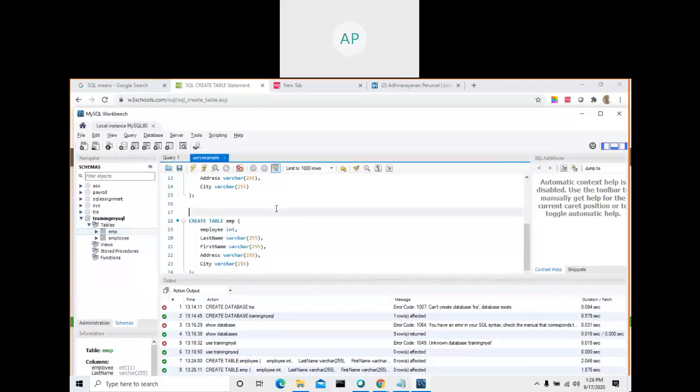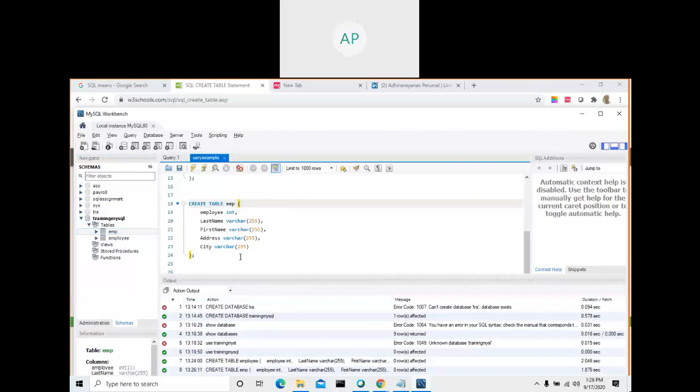What is the use of this? See, there is a star here, so press Control S. Very important. If you are not saving it, then tomorrow when you open this file, the query example, you won't get all these lines because you didn't save. That is why we are saving it for our purpose.